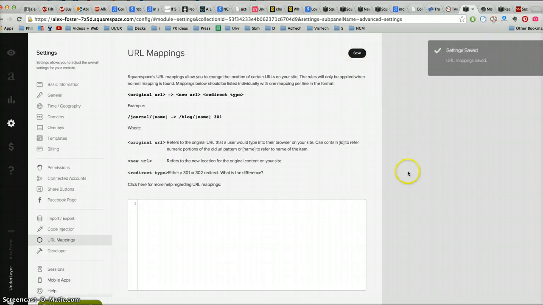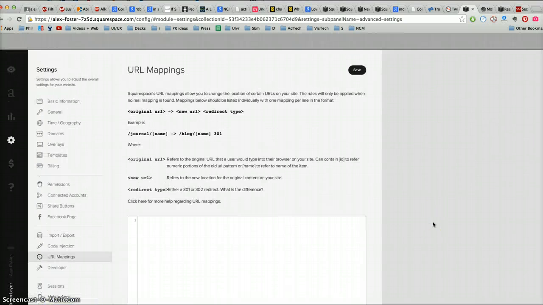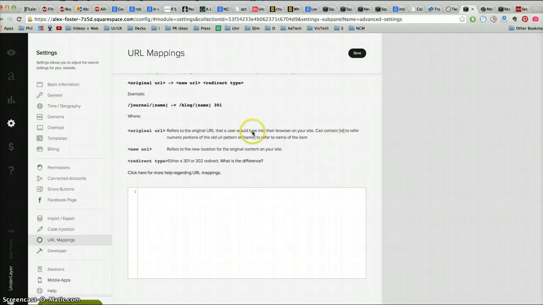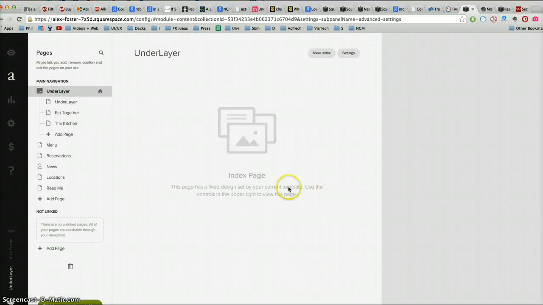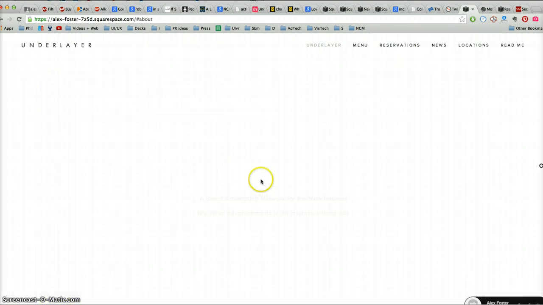Now, the way the websites work is that you have sort of your class and your style, which is basically the component of the website that decides the way everything's going to look. It's your template, which makes it easy to make sure everything looks the same way, because you define how everything looks and everything looks that way. That's handy, but also kind of annoying for someone like me who's never really bothered with that and has always just custom formatted everything. What we have at the moment, if I click View Index here, you have to select the underlayer,